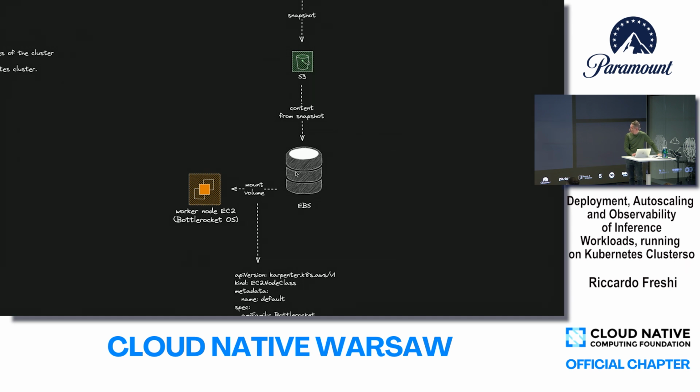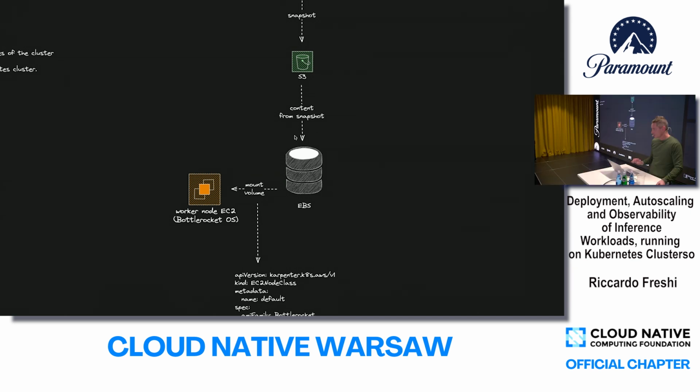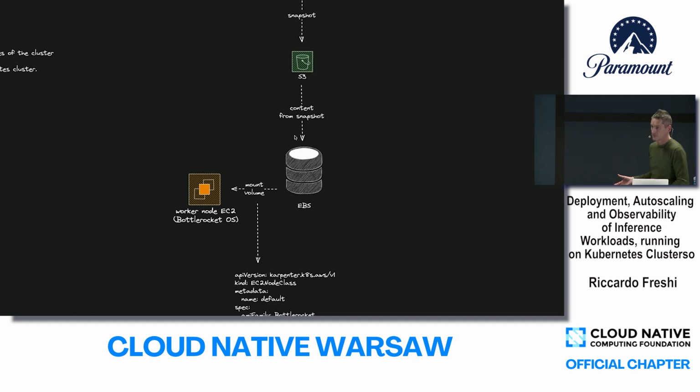So at launch, your node will include already the image and the model. There will not need to be a pull of a separate model and a container.